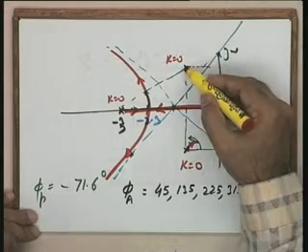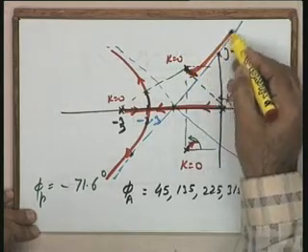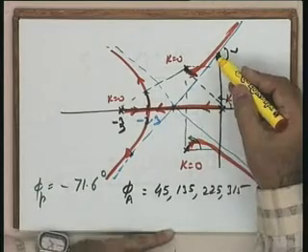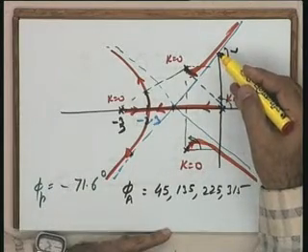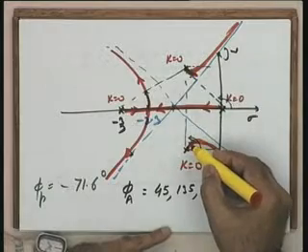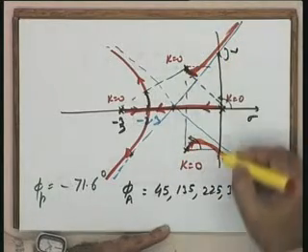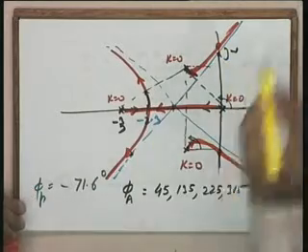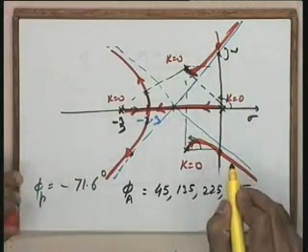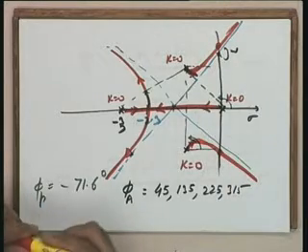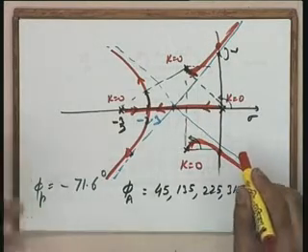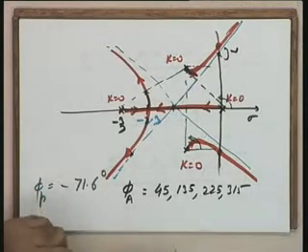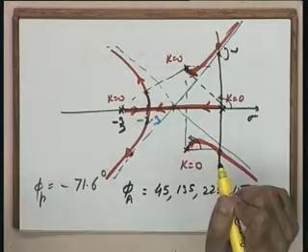As I said, my intuition says, though you can check, that it should go this way. Now to make a rough sketch without going to any calculation, one point I know is the angle of departure. If in addition I know the point where it is going to cut the imaginary axis, maybe the rough sketch which I am going to make will be more accurate. And the point where it cuts this particular axis can easily be calculated using the Routh-Hurwitz criterion. Since I have already explained the Routh-Hurwitz criterion to you, let me not redo it on this example.